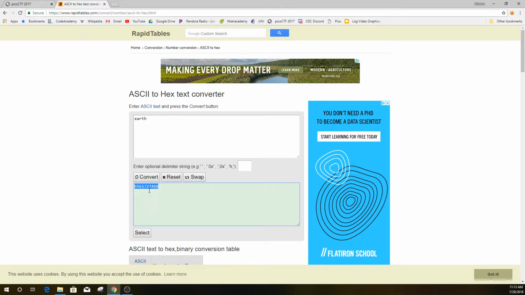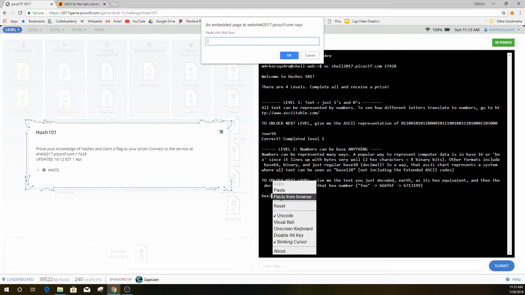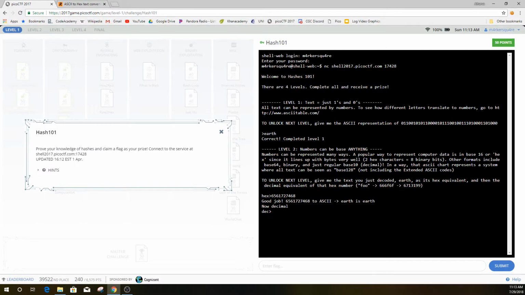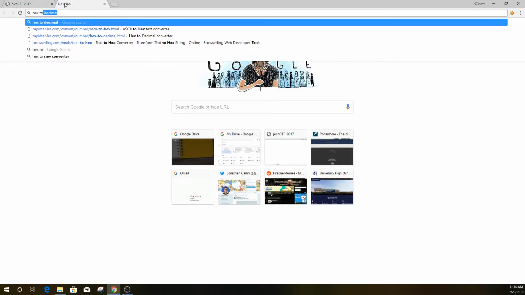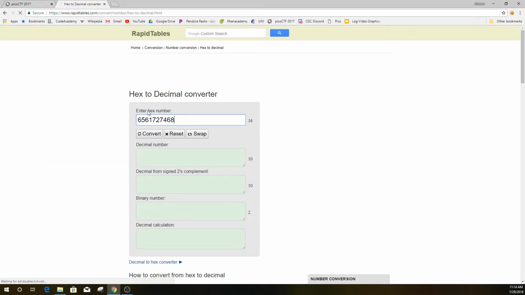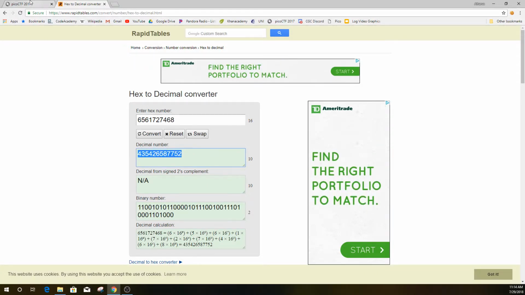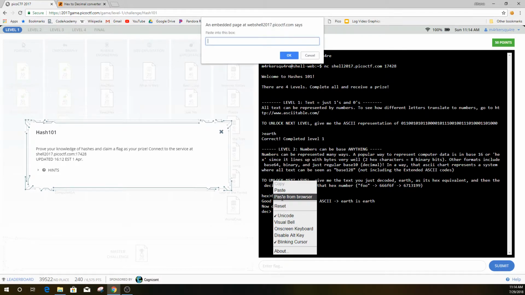And then if you copy that and paste the answer here, you want to select paste from browser because you can only use paste if you've copied something else from this web shell. So you want to type in paste into this box, and alright, we got past that, and now it asks for a decimal equivalent of that number. So we want to look up hex to decimal. And if we select a converter, paste our number, and hit convert, we get this. And if we copy, and again, hit paste from browser,